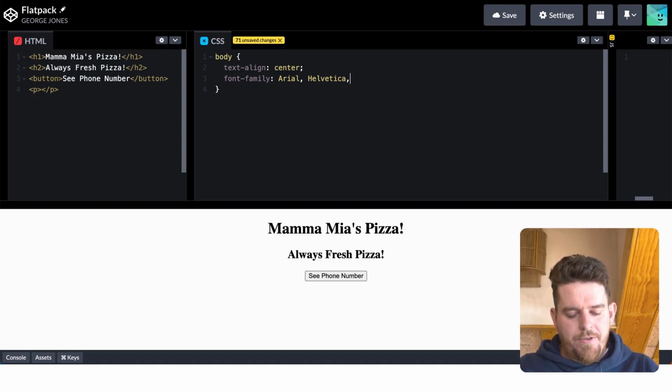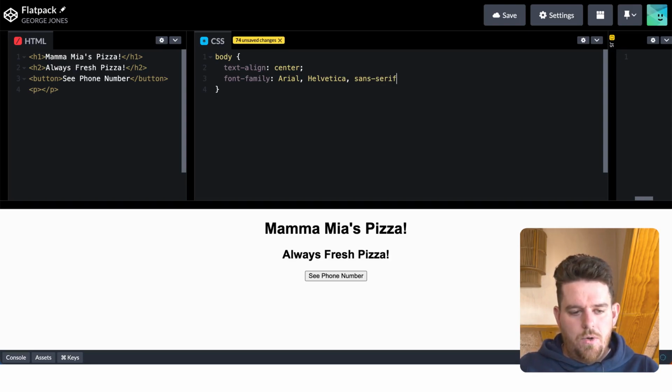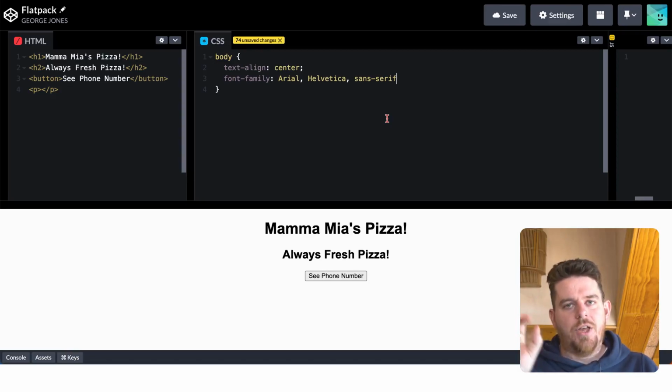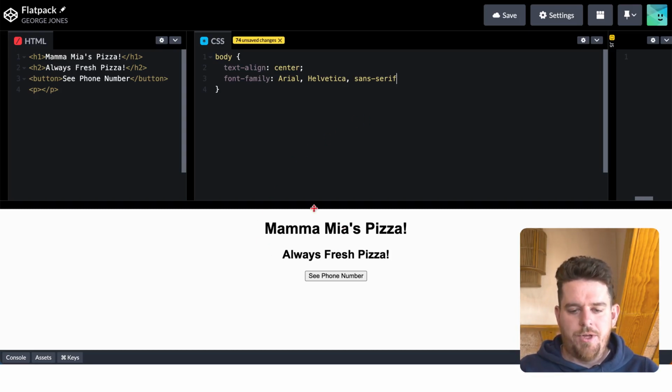So what we'll do here is add the words sans-serif. Serif fonts are things like Times New Roman and the old style fonts that have those little ticks on the ends of letters. But we want quite a modern font that does not have those serifs, and these are just called sans serif